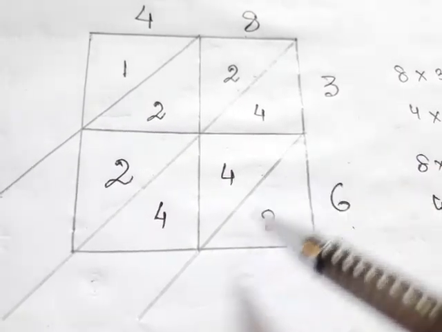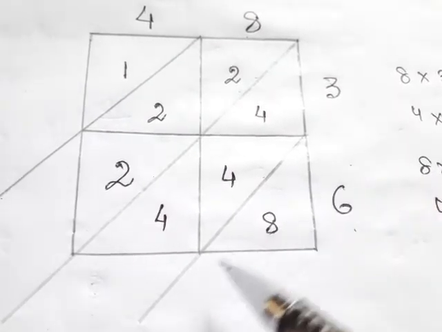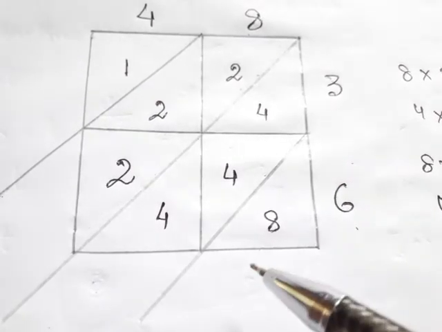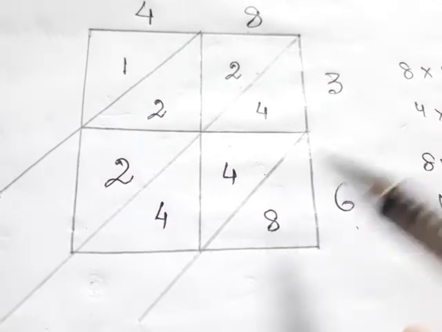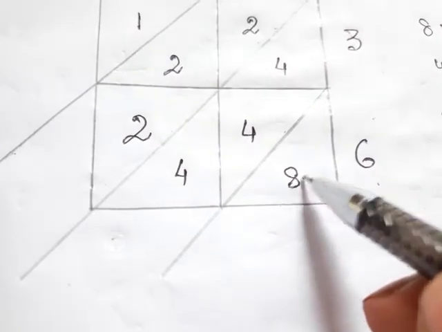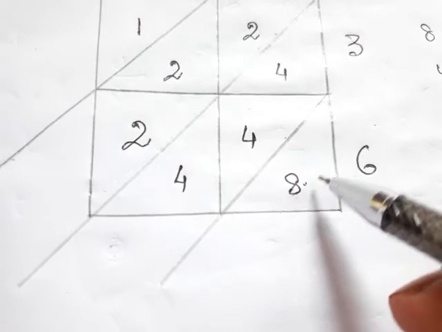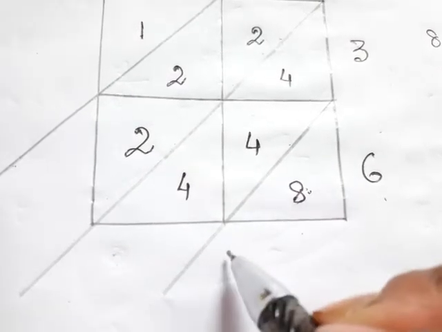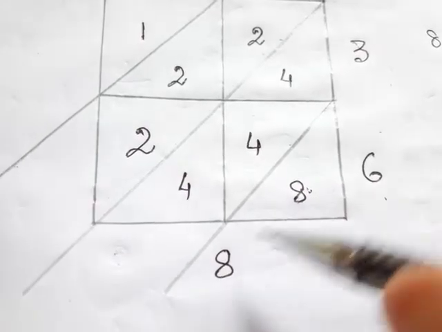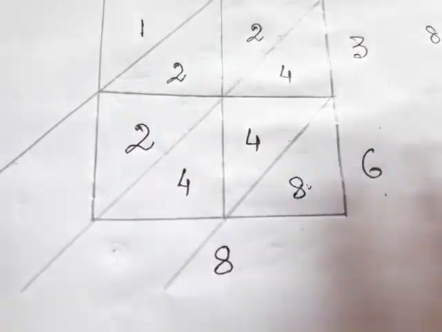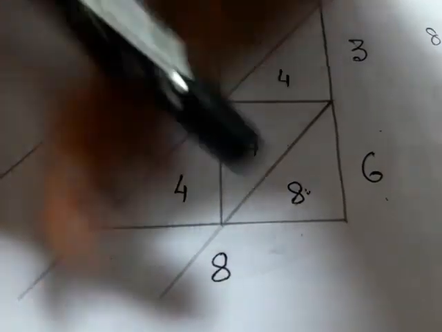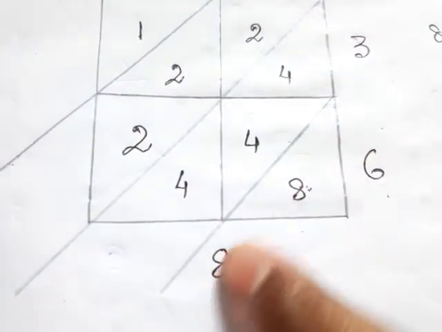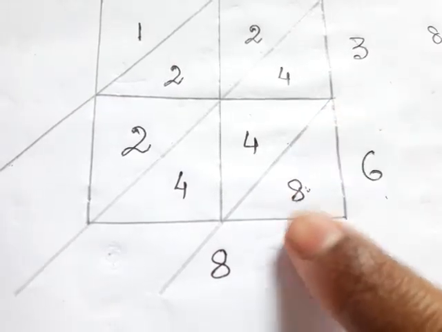Now I will add diagonally. Add the numbers in the grid along the diagonals, starting from the lower right corner. Clear? So let's add. In this 8 diagonal, can you see any other digit other than 8? No. So what will I do? I'll write 8 here. See this line. I will not see the upper part, I will only see the diagonal line. Okay, I have 8 here.